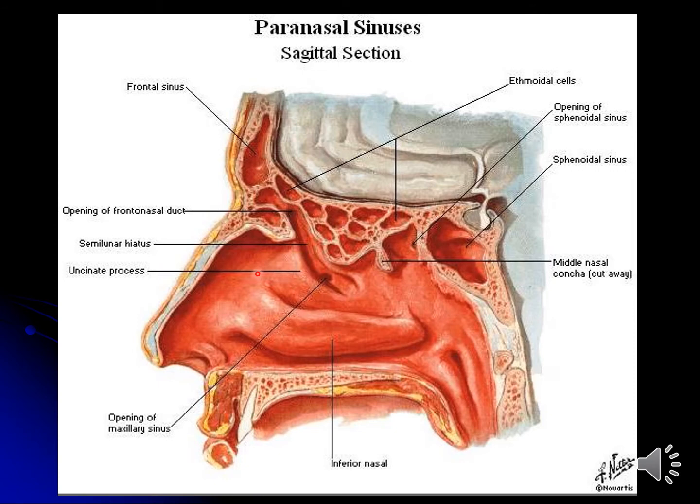So in this diagram now we can appreciate frontal air sinus, sphenoidal air sinus which we have also seen in the previous slide. Along with that, we have removed the superior concha as well as the middle concha, and we are seeing inside those concha. So deep to the superior concha we have pockets of air cells. We name them ethmoid cells. So this portion is known as anterior ethmoidal cells, middle ethmoidal cells and posterior ethmoidal cells, and their drainage is different: anterior, middle and posterior ethmoidal.